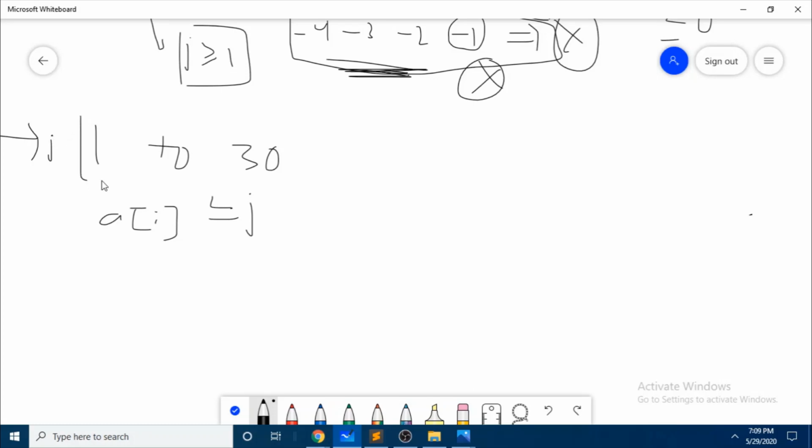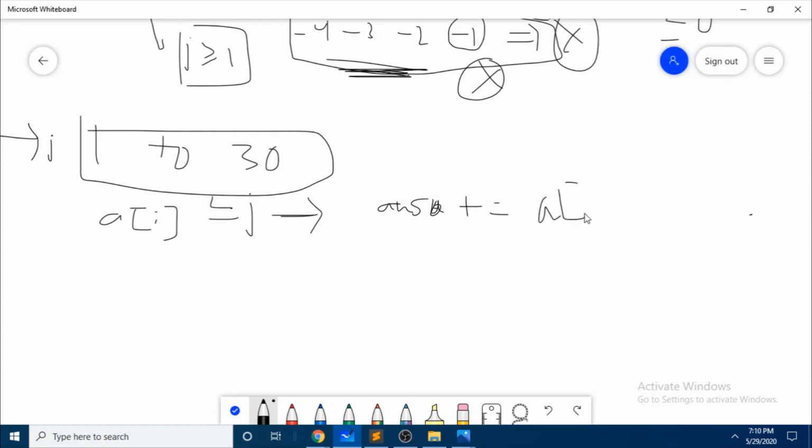We will consider only those and add them to our answer. And if our answer is greater than or equal to 0 only, we will consider that. If it is less than 0, we won't consider it, because we are trying to make it as maximum as possible.